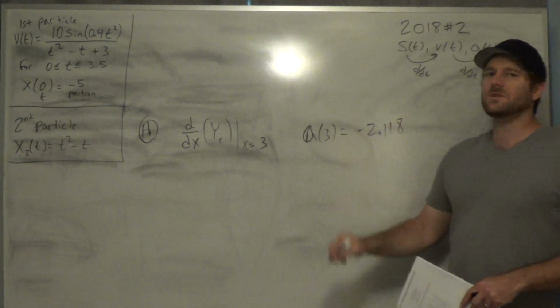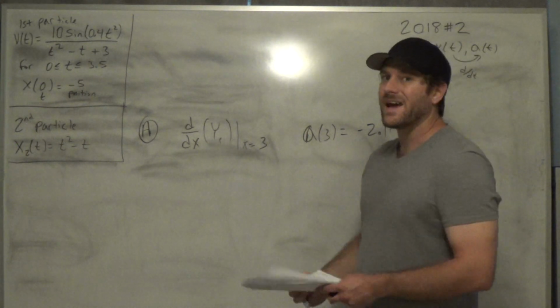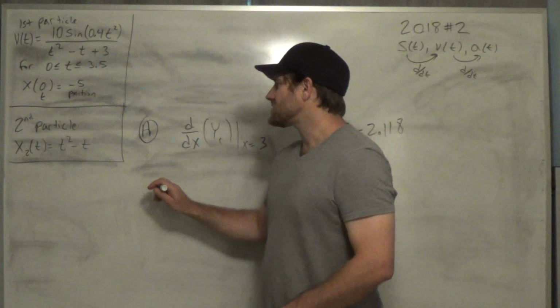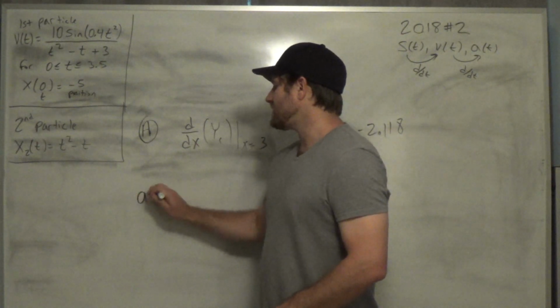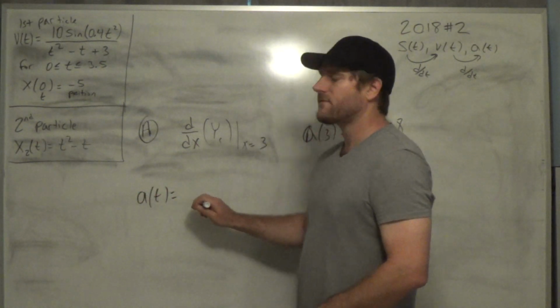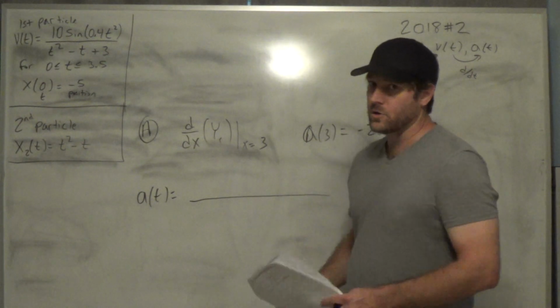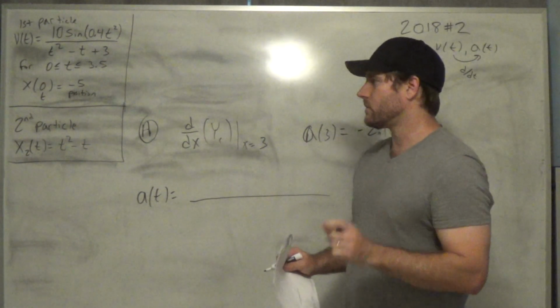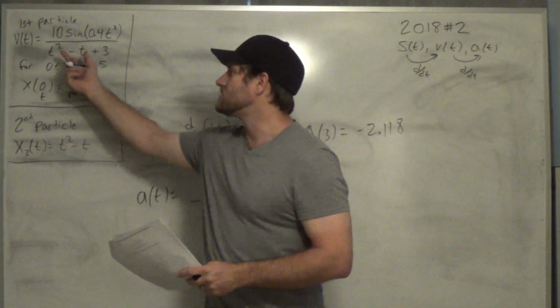Now, if they gave you something like this on the test, they could actually ask you to find the equation of acceleration. And that's something they could do. So if they said to find the equation of acceleration, you'd have to do low d high minus high d low over low low. We don't need to do it for this question, but it might be on your AP exam. So I want to make sure everybody knows. So if we had to do that, we would say low